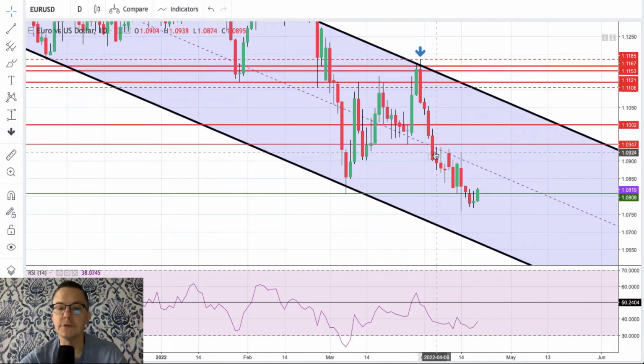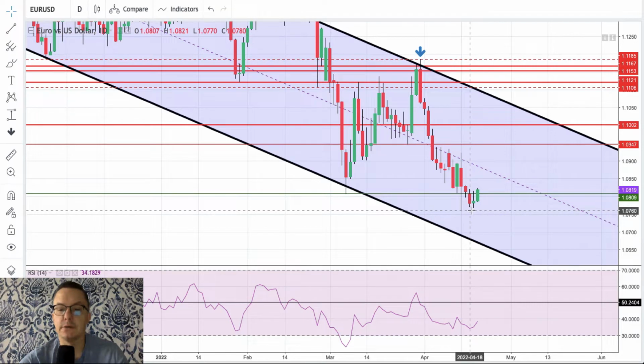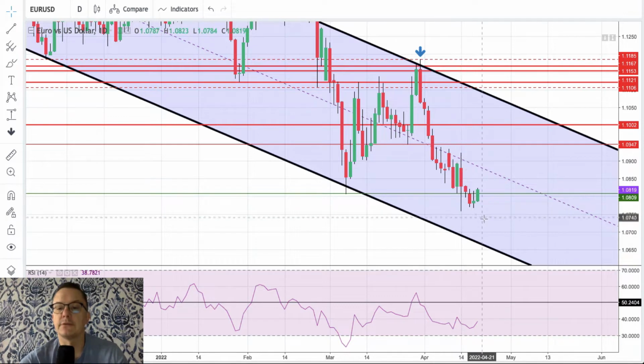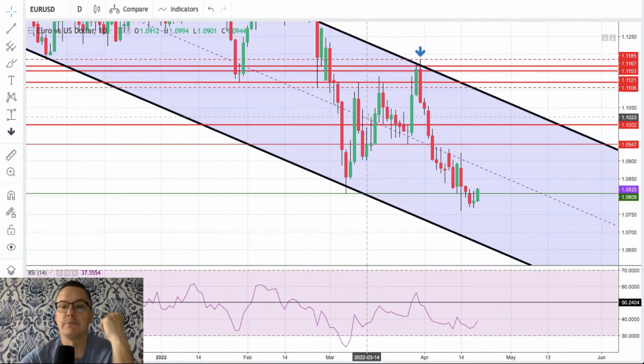However, we are trading very, very close to the lower channel line. We are trading very close to the recent low. This low will be, of course, the weekly low, right? This is last week's low. So if we break it, there will be another lower low made, and this is the definition of a downtrend, of course. This is the lower part of the descending channel.